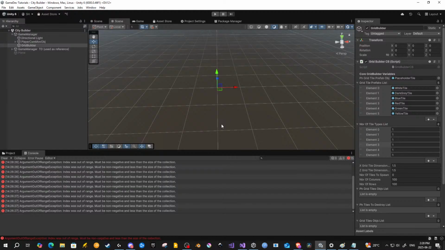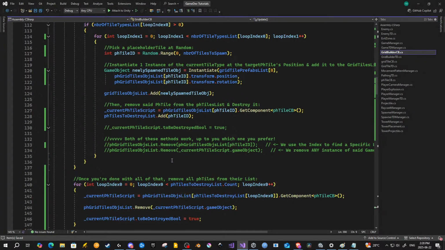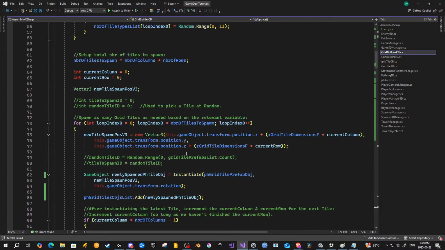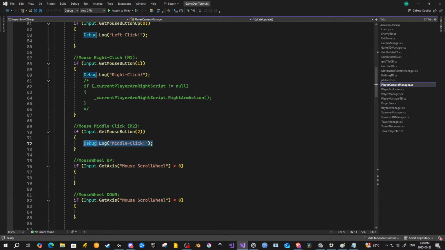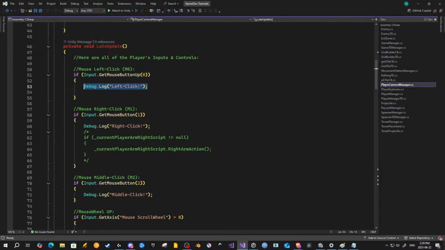What's really sad is rather than guessing, you could have just had debug lines in the first place. You might have known. Well, no, because in this specific issue, so here's the thing, okay? I agree that using debug lines is actually very useful. For those who don't know, hold on, let me go back to my, where's the camera manager player? Camera manager. It's this stuff here, right? That's like a debug line that says okay, you middle clicked, you right clicked, you left clicked, right? Whatever. The problem, okay, is that